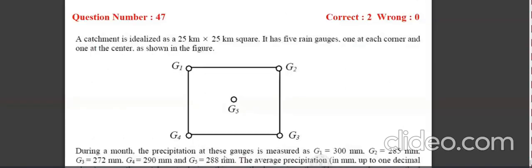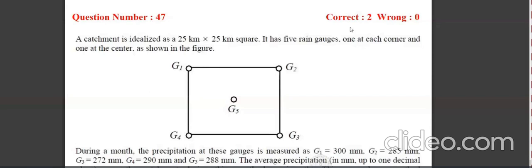Yes, sir. So you can see this particular problem. This is from the GATE 2017. The marks are 2. The 2 marks are also very important. If you just get 28 marks, you will clear the GATE exam. So that's why the 2 marks are also very important.